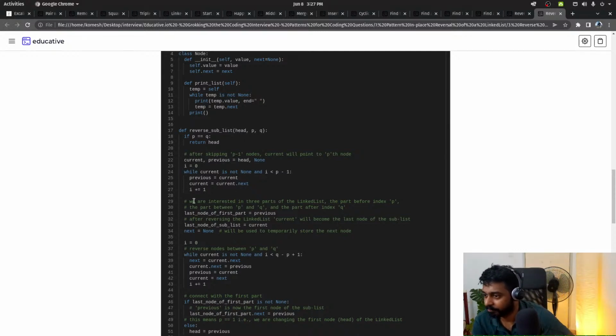Then we are interested in the first three parts of the linked list: the part before index P, the part between P and Q, and the part after Q. After reversing the linked list, we keep an integer for the distance, how many times you have to do that, and we do the reversing part that many times. And once it's done,